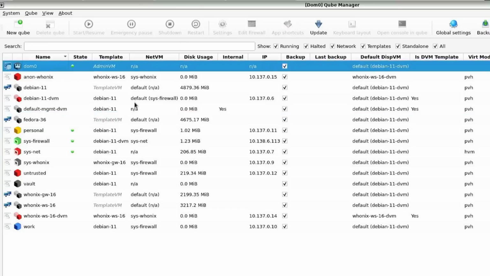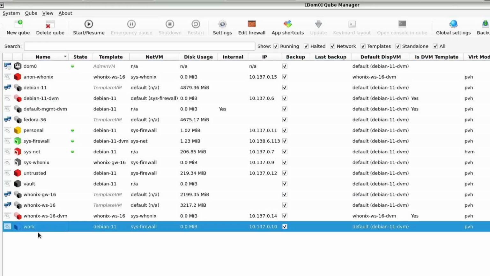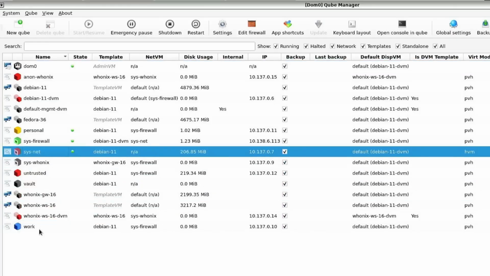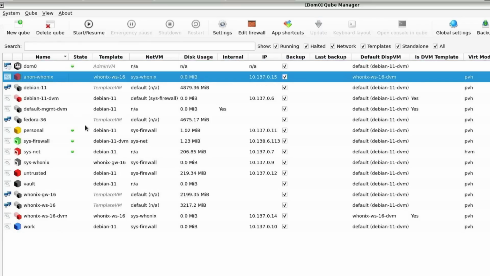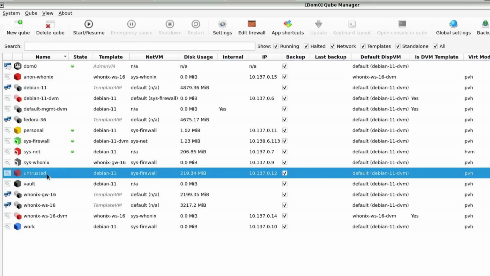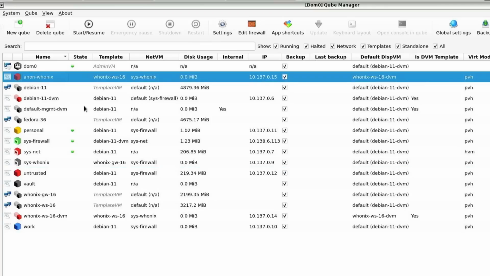Now, one thing that you're probably noticing is all of these different cubes over here, that's why all of these are different colors, or at least they're in different categories of colors. So let me try to explain that real quick. Red is untrusted, or this is the lowest trust level, and this is generally going to be cubes that you want to keep very, very isolated, and you don't want to give them very much access to the rest of your system. So a non-Unix, right?